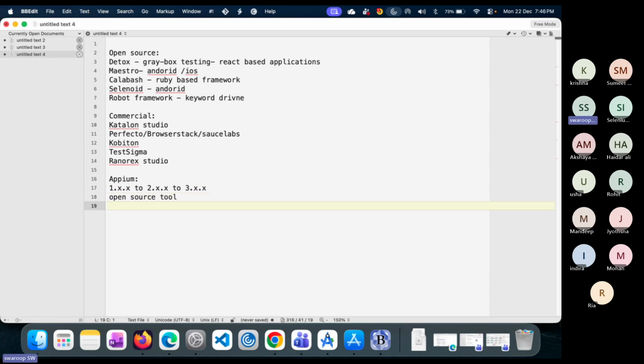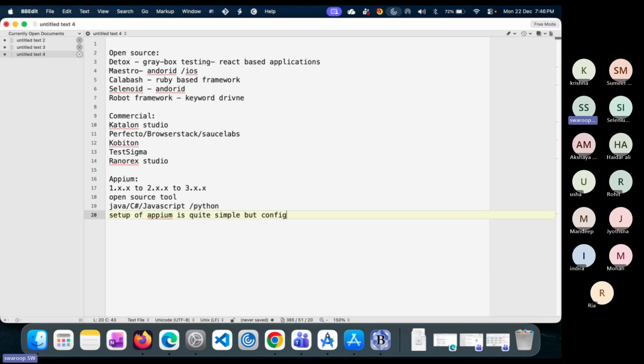and also it's compatible with Java, C Sharp, and some people I've seen are using JavaScript as well, and also Python. So all the common programming languages nowadays which are considered valuable, Appium is compatible with. Okay, and also nowadays, if you ask me, the setup of Appium is quite simple,